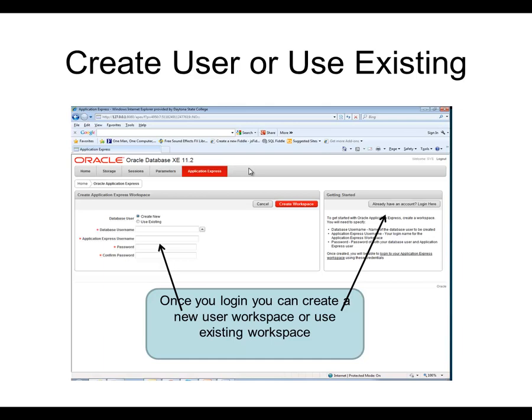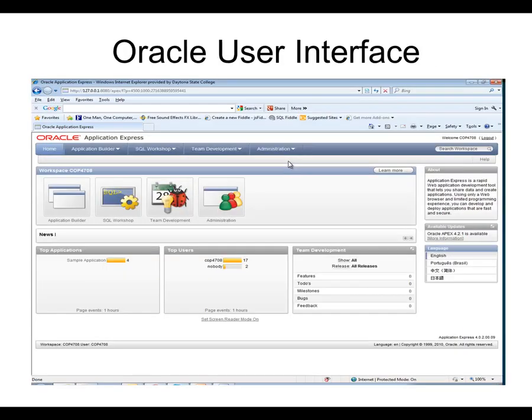Once you get in, you can either create a new user with a new workspace, or you can use existing workspace that you created before if you did log in to the system, and if you had the chance to play with it a little bit. I'm using here an existing account, which is COP 4708. So I use that. I opened the account, my workspace, and I would like to now start managing the data